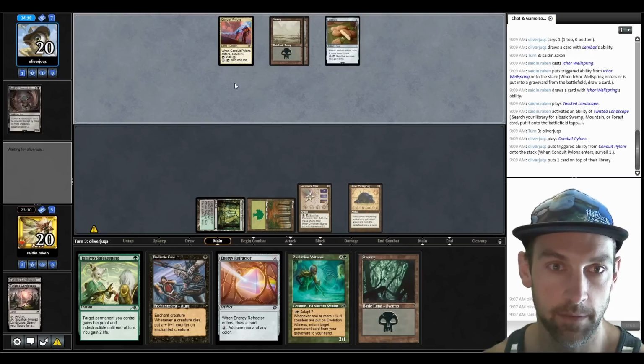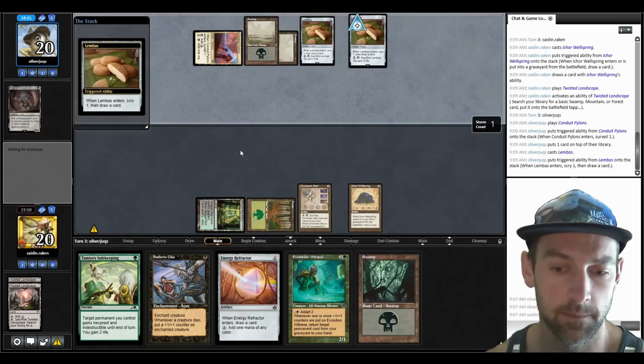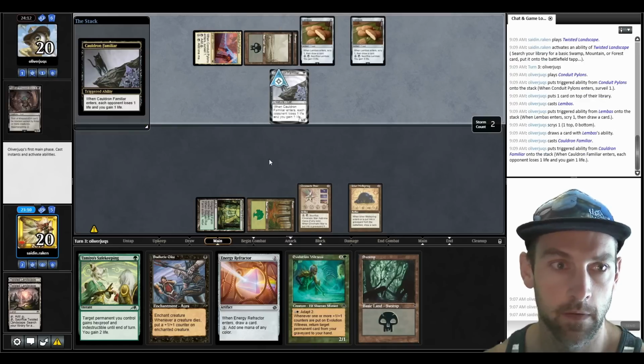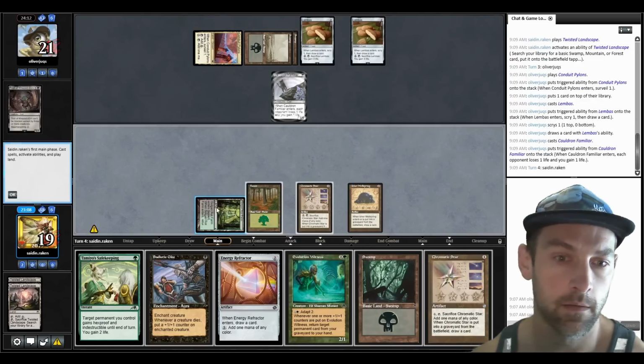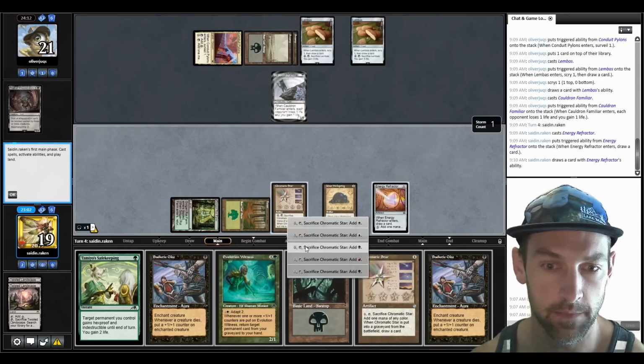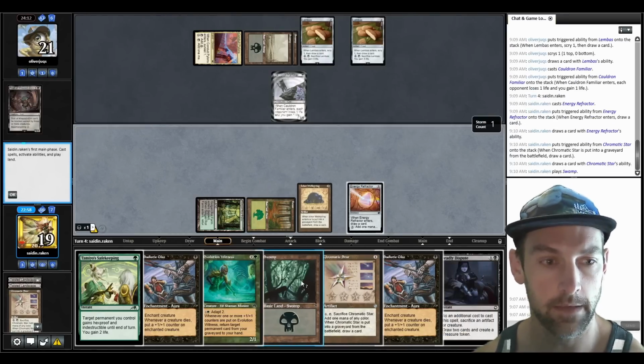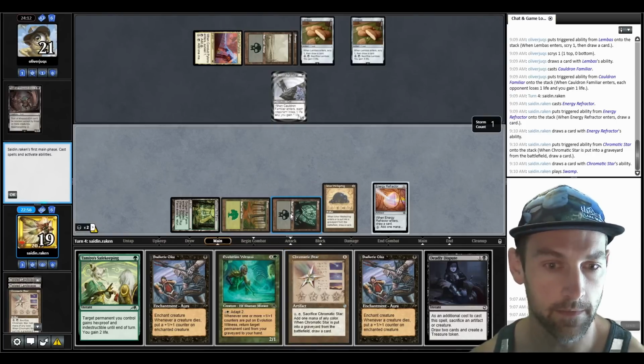But I think it's still probably... Maybe it's Jund Gardens. Plays another Lembas. They go top. Cauldron Familiar. I'll play my Energy Refractor and draw a card. Practice for black. Looking for a Deadly Dispute effect. There we go. Land. So we have...